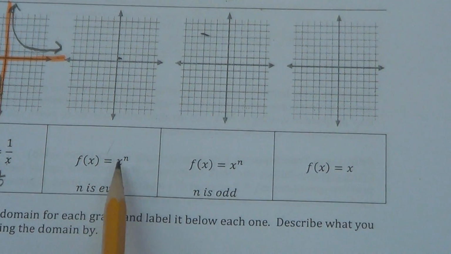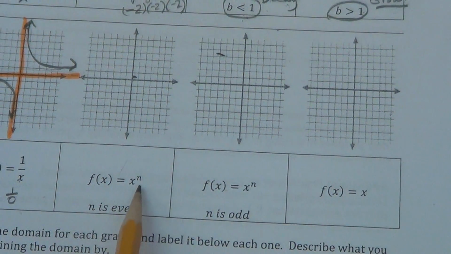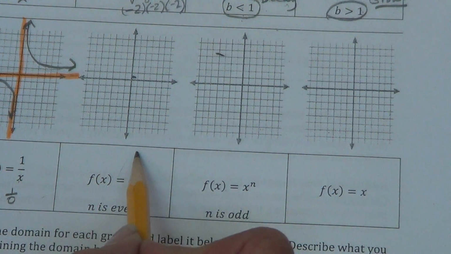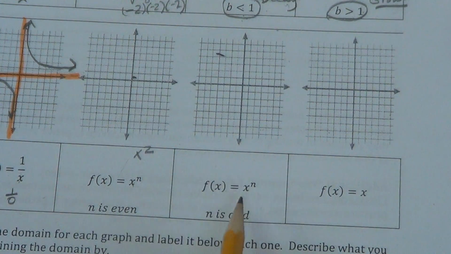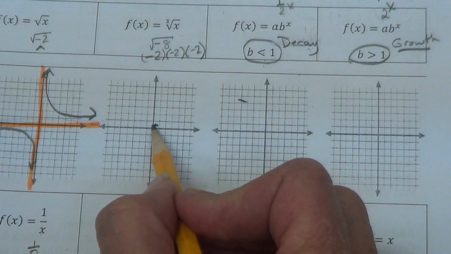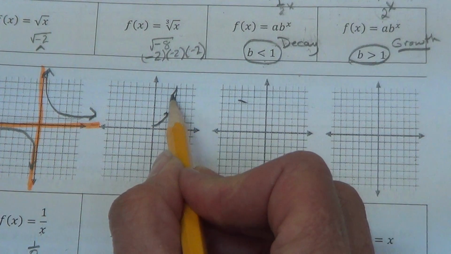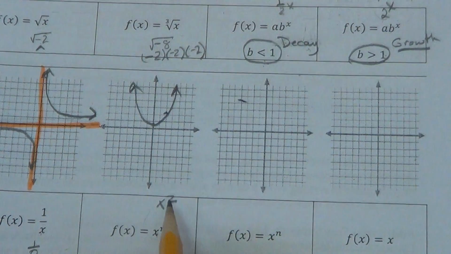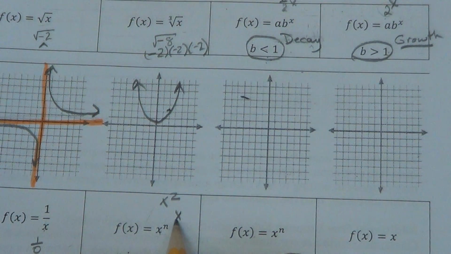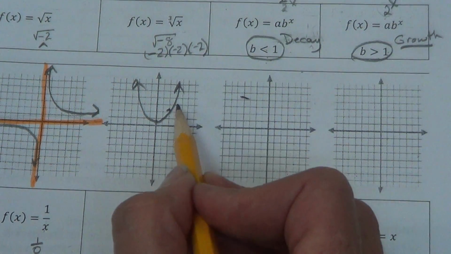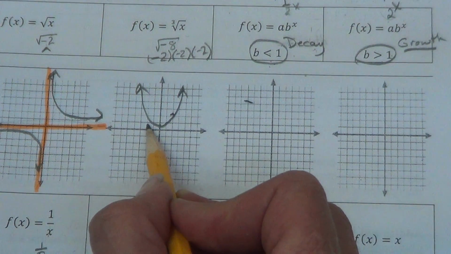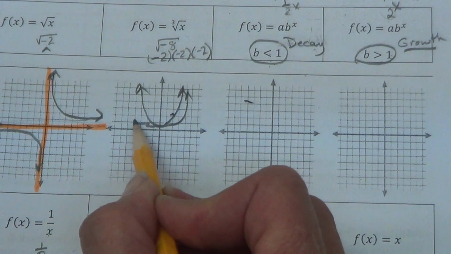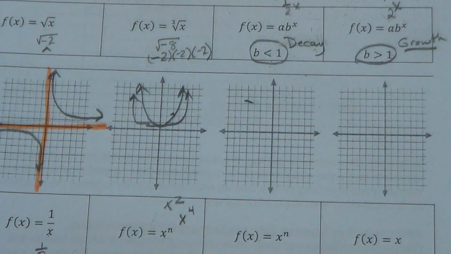An even polynomial here, or an even function, you've graphed it in Algebra 1 with the squared, and remember that's simply going up like this. It's the parabola going up on each side. But I do want you to know, as we increase that in value, and maybe we go x to the 4th, it still stays in the same basic shape. You might get more of a square bottom to it, coming up like this, but they do that basic shape,